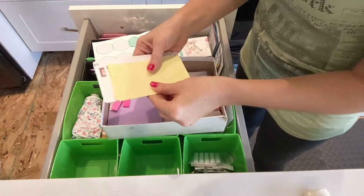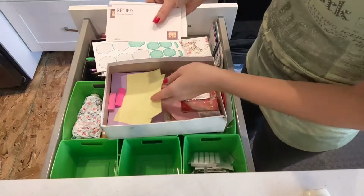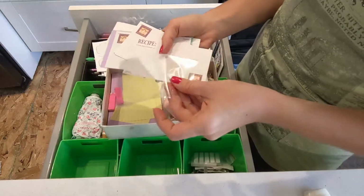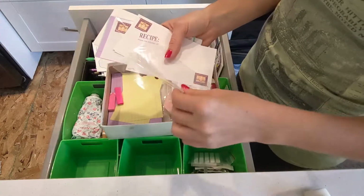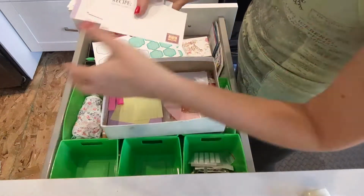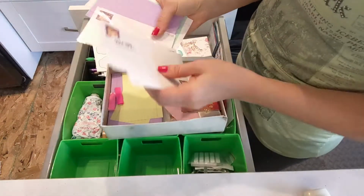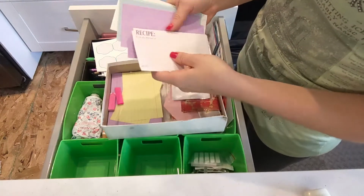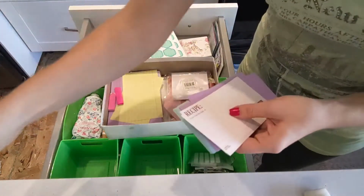So this is a good one that I feel like they always ask: have you used it in the last year? This is something that I was thinking I would use, and I've never used them. What? Don't you love when you find random things? All right, so I don't even know what that is. But I thought I would use them. I don't use them. Oh, it's probably where they were in. Anyway, so I could definitely put these in the schoolroom with all our note cards